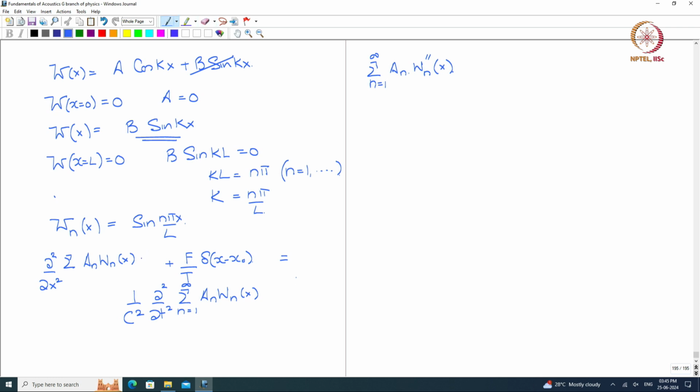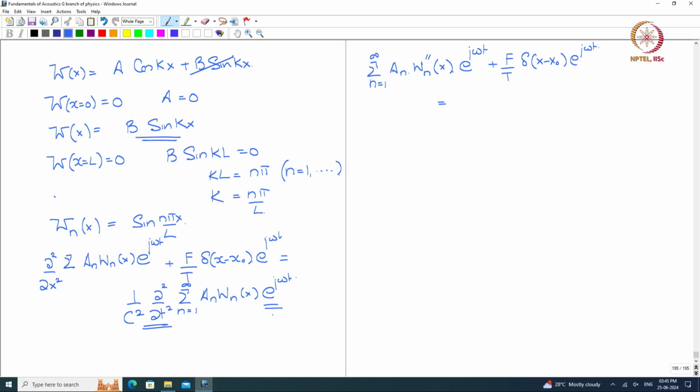So this time derivative acts on e to the power of j omega t, then plus f over T delta x minus x naught e to the power j omega t, that is equal